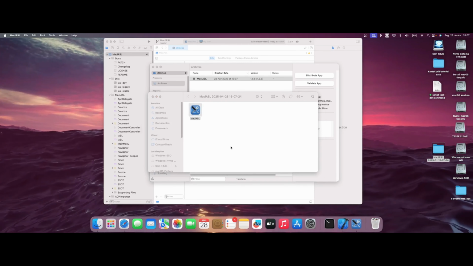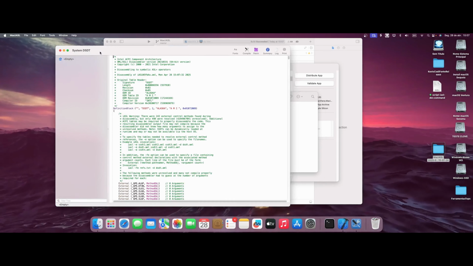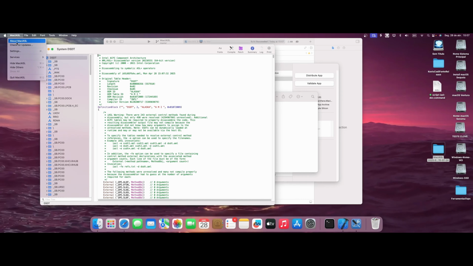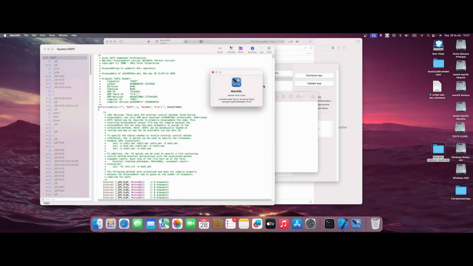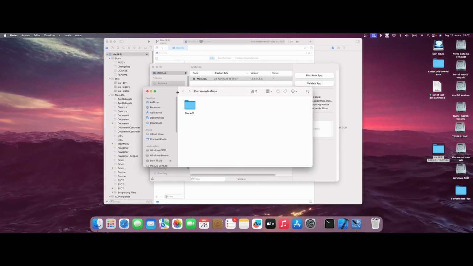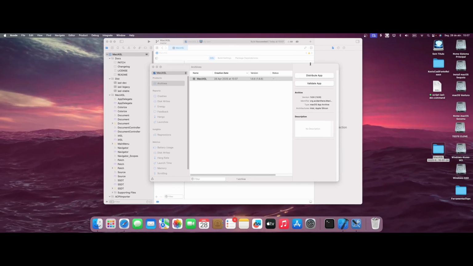Are you going to make a copy here on the desktop? I'll go there. Our app is already updated there. Let me just see the version here of MassSL. 166 is not available. It is 165. So you can already put it in applications here.